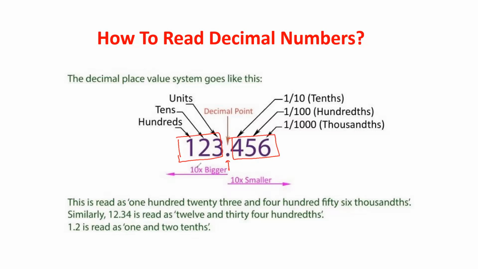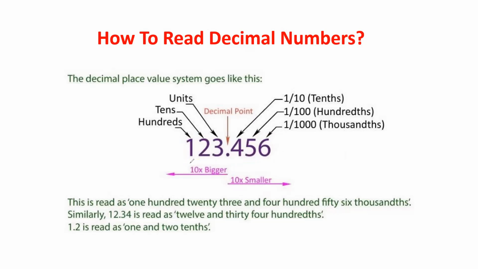Now the whole number part follows the international place value chart or the national place value chart when we read it. And the decimal point, we call it as "and" in between. And for the fractional part, we follow the decimal place value chart. Now let us learn how to read this number